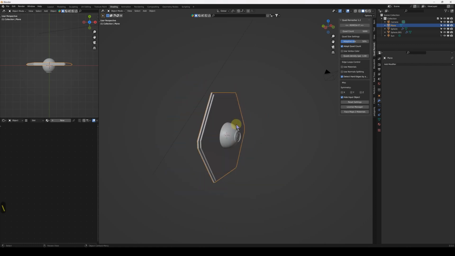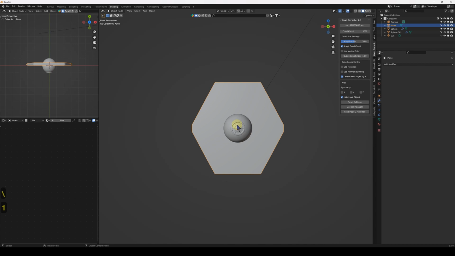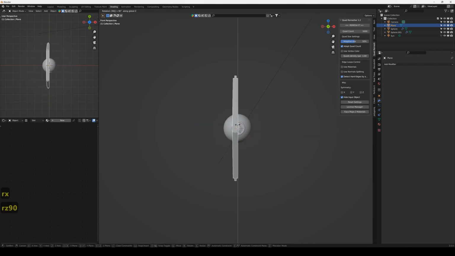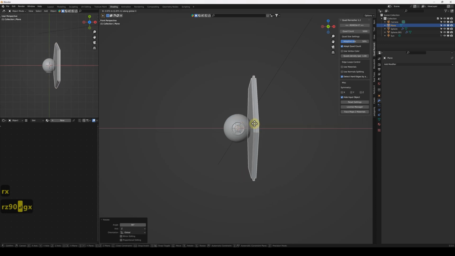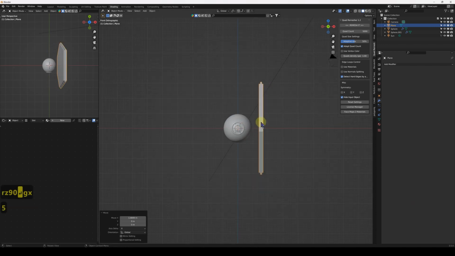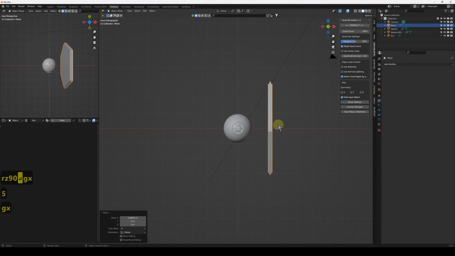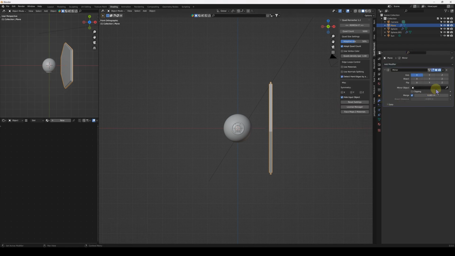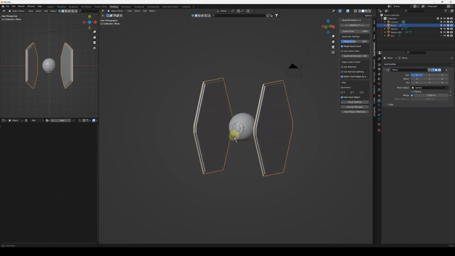Now we can get out of first thingy mode. If we press RZ 90 and just move it over, that might be a little too thick. So I'm just going to SX scale that on the X a bit. It's probably about the right distance. And then if you plop a mirror modifier on it, and under here, mirror object, select the sphere, boom, we